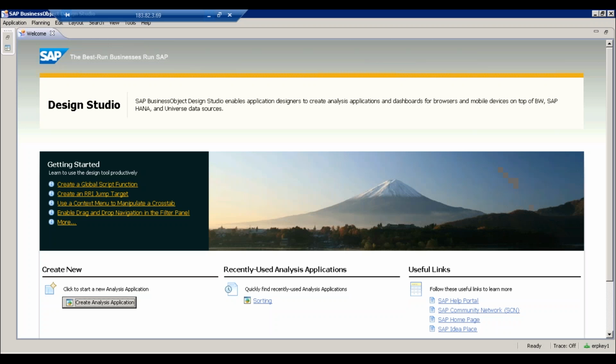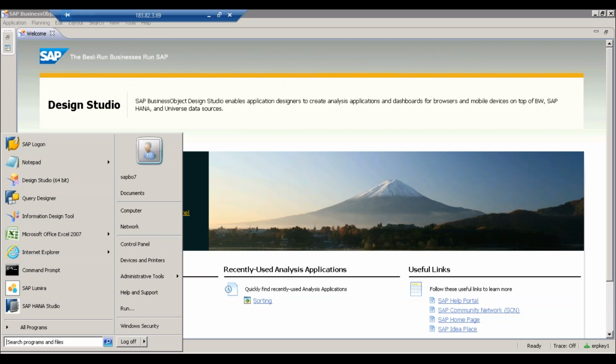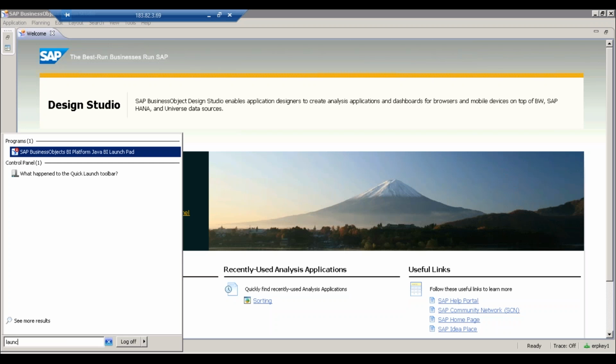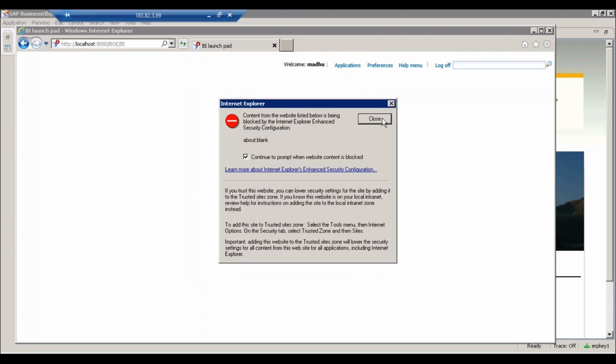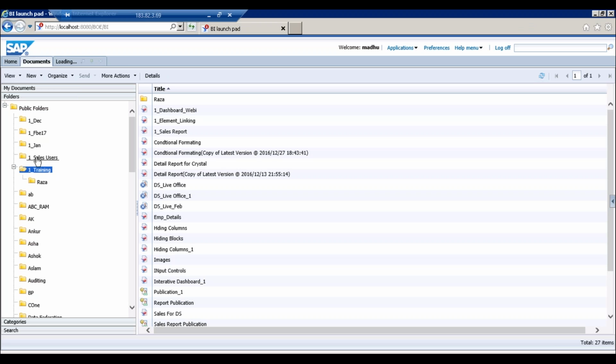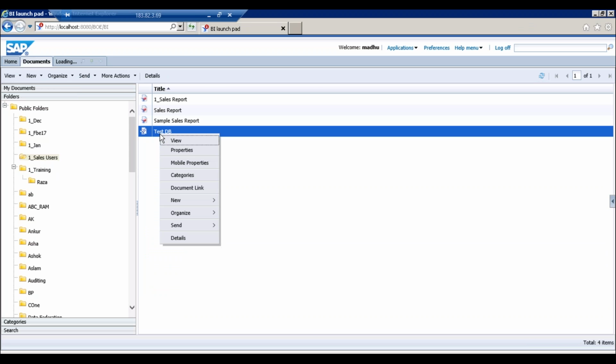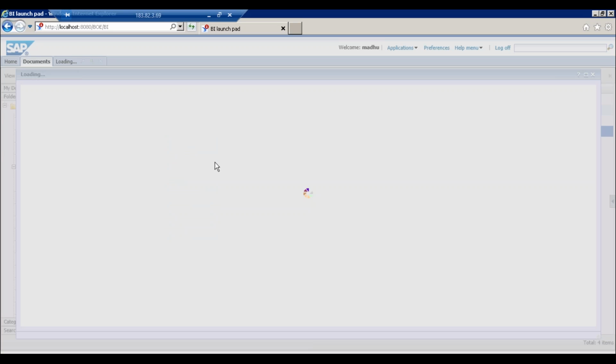One more thing I wanted to tell you guys: if you create any dashboard, by default you will not be able to see it on iPad. It won't appear on iPad. So what you do is, if you are publishing on Launchpad on the BI platform, you go to Launchpad, go to your dashboard, go to categories, and there should be a mobile category.